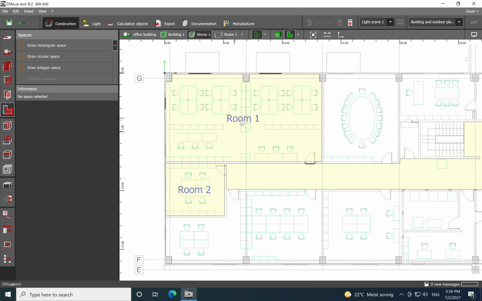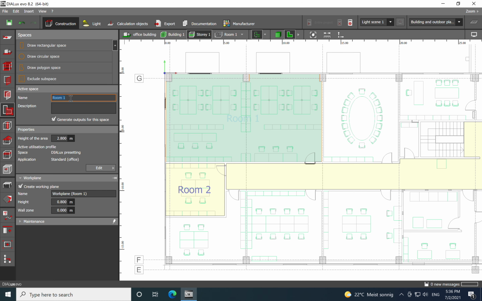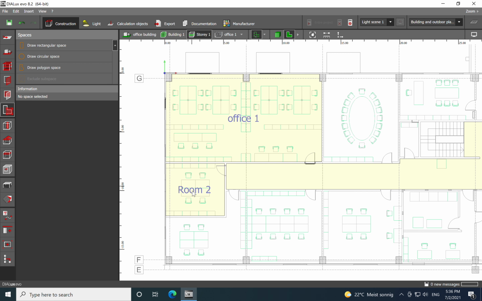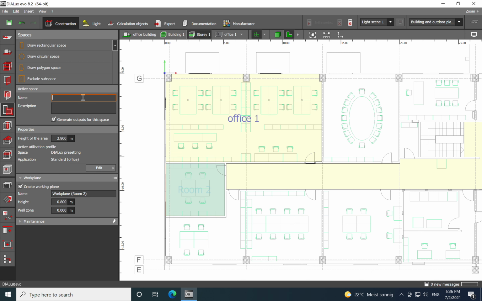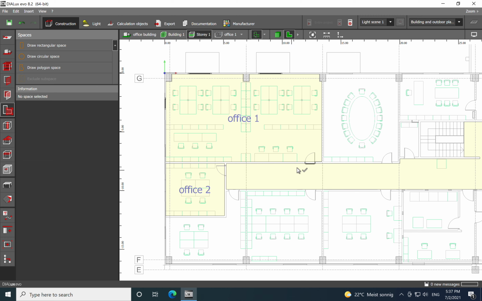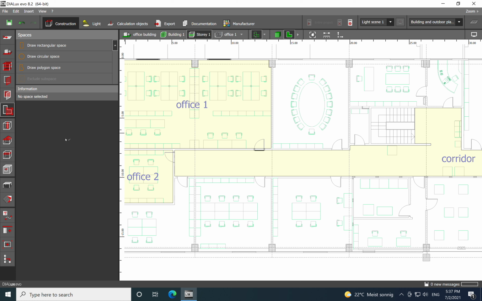I will say that for room 1, we can name it office 1, for example. And yeah, we just save it like this. Here we can go on to office 2. It will be much easier to identify the exact room by just adding the correct name. And here we have a corridor. We go back to